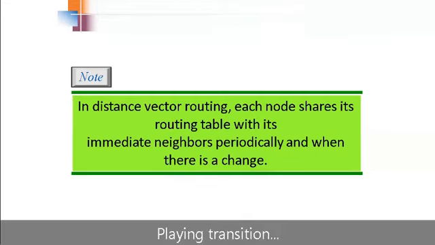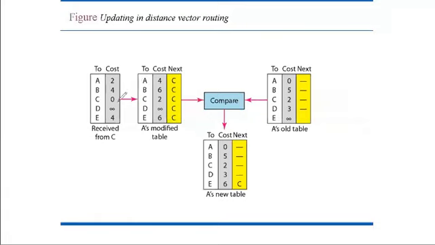So we will see how router A is updating. A's original table is given. So how is the updation? This is the concept of updation in distance vector routing. This is A's old table where E is infinity, and it will receive the table from C. In distance vector routing, it receives only 2 columns. The whole idea of distance vector routing is the sharing of information between the neighbors.